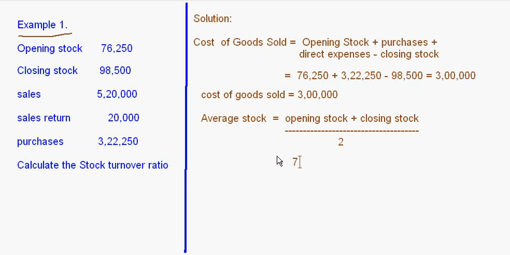Opening stock is 76,250, closing stock is given as 98,500, and this upon 2. Okay, so 76,250 plus 98,500 will be equal to